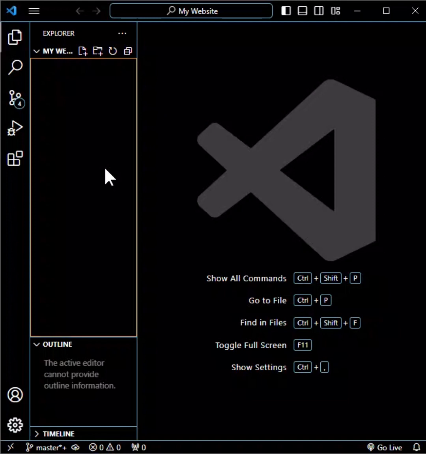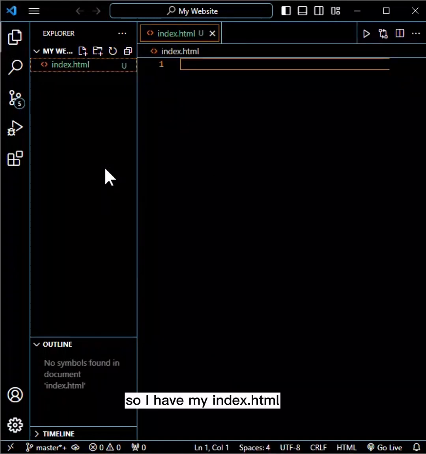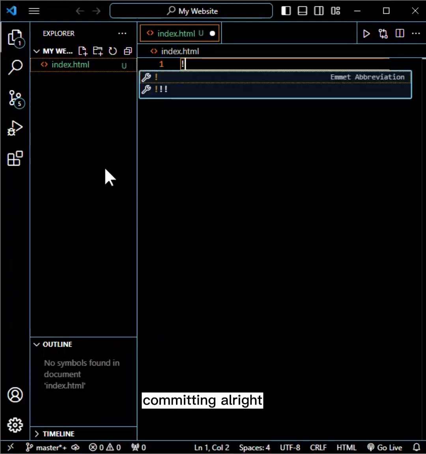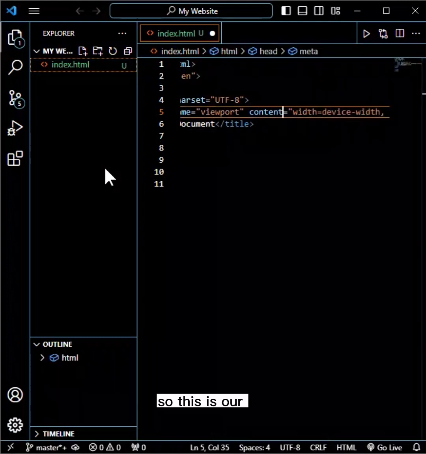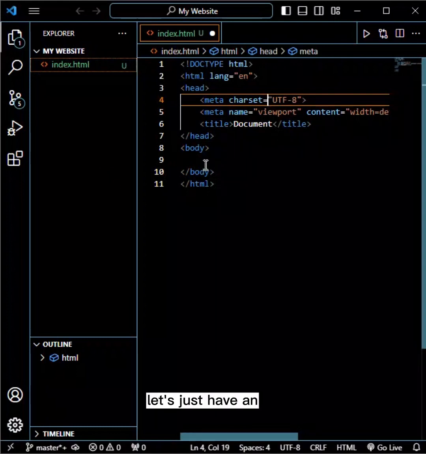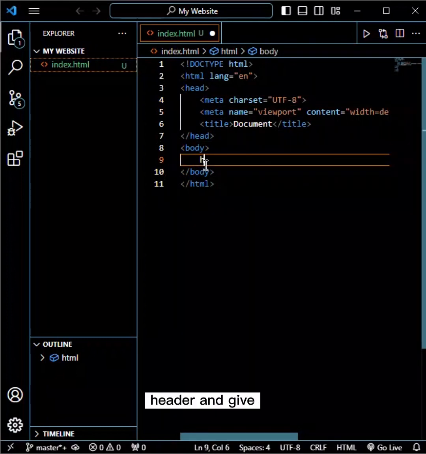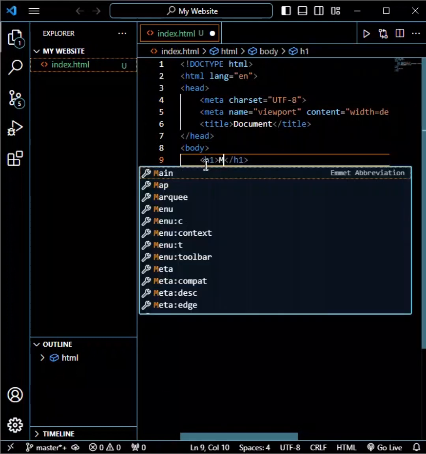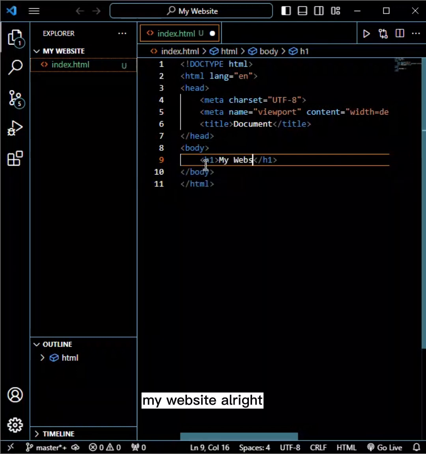index.html. So I have my index.html, and let's just have a little format of an HTML, few lines of code, something we can actually choose as an example for committing. All right. So this is my HTML basic structure, and the title is document. So let's just have a header and give this header my website. All right. So now I have these 11 lines of code, and I want to just send it